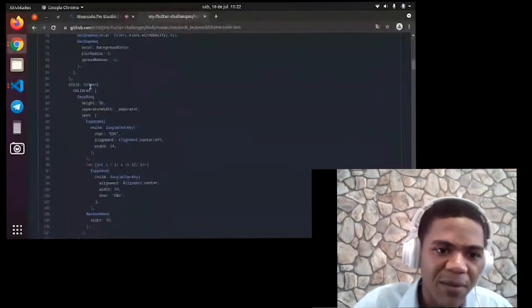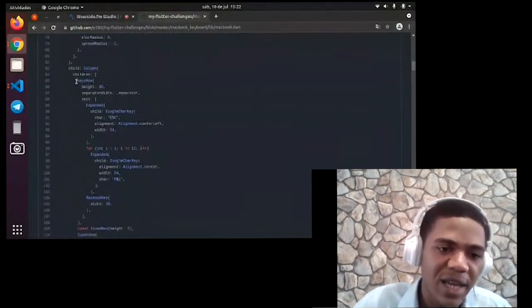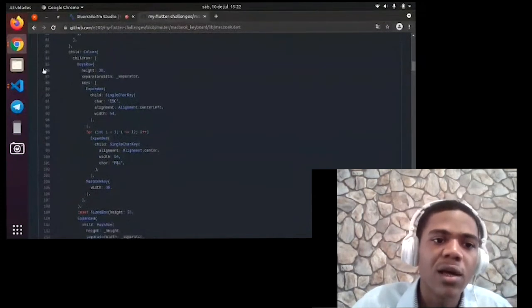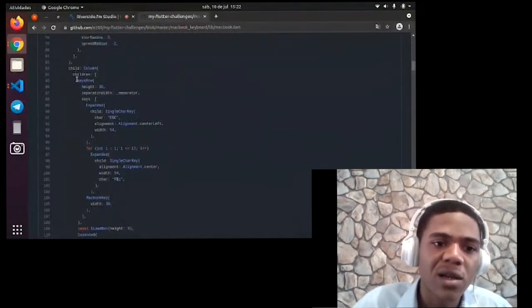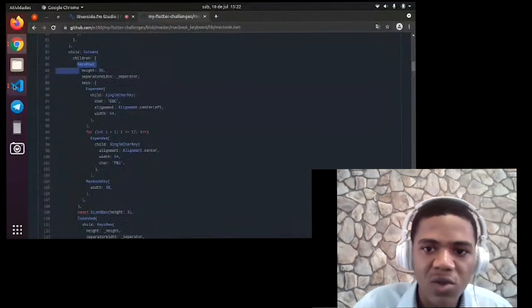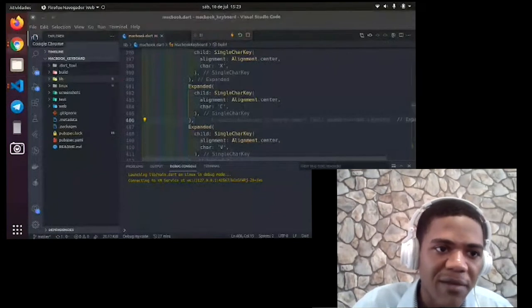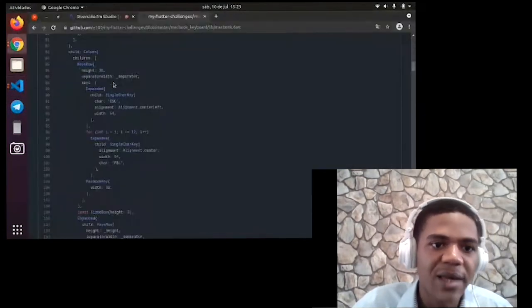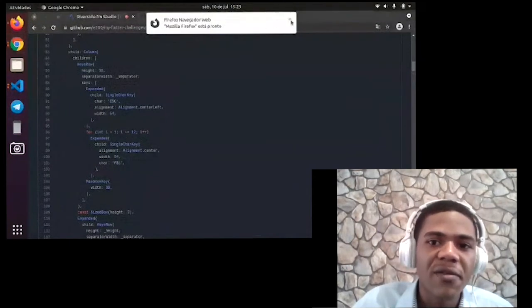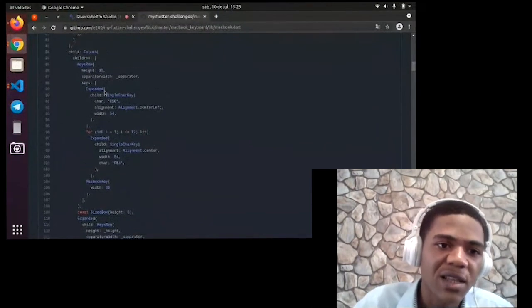And then I have a column. This is actually the column that receives each key's rows. We have the first row of keys. And what we have is a list of keys of different kinds. The first one